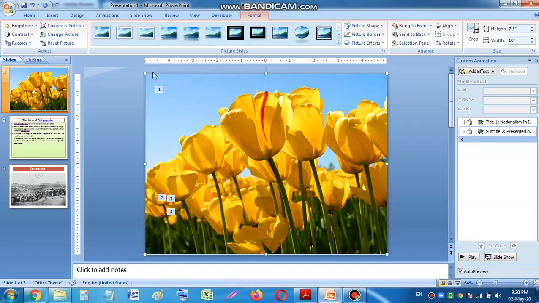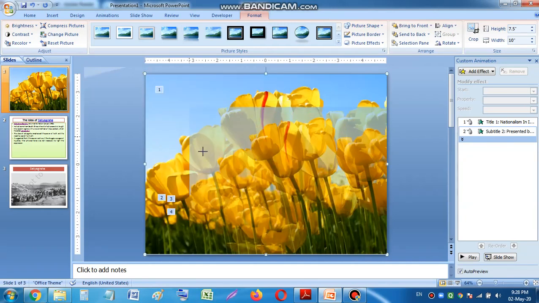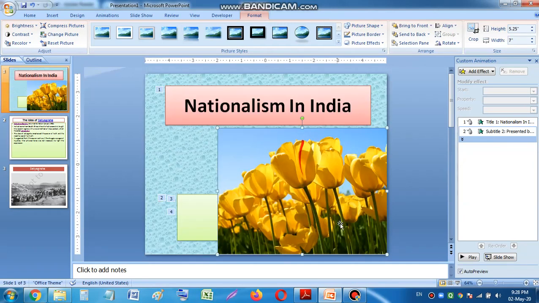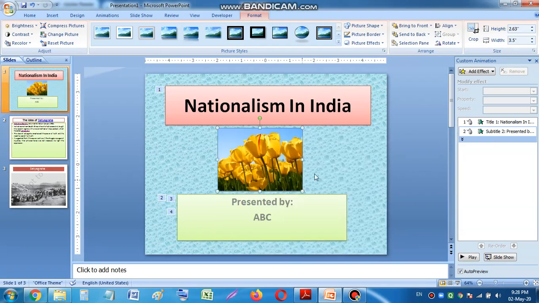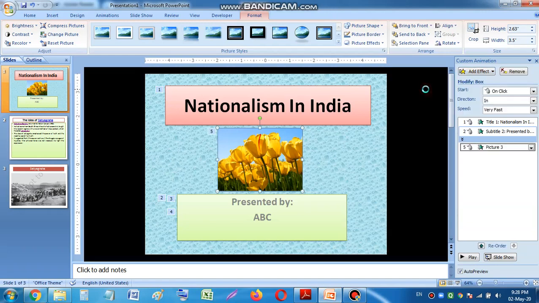Now you can drag it, make it small, resize it like this. See, from here, in this corner I am resizing it like this. You can set your photo also. From insert and picture, you will have to select the location from where you have saved your picture, select it, and you can set it over here. And you can set the animation also, animation, entrance, and then box.